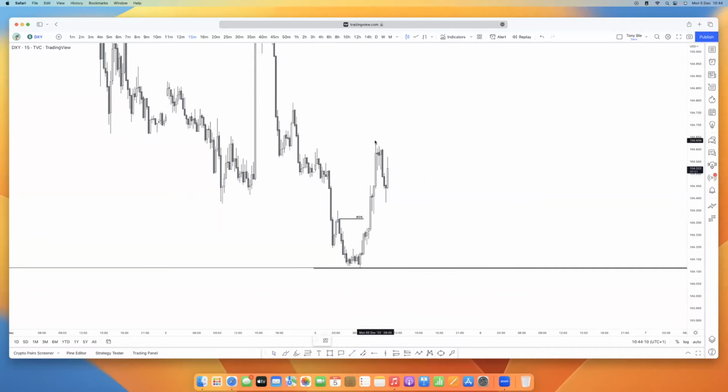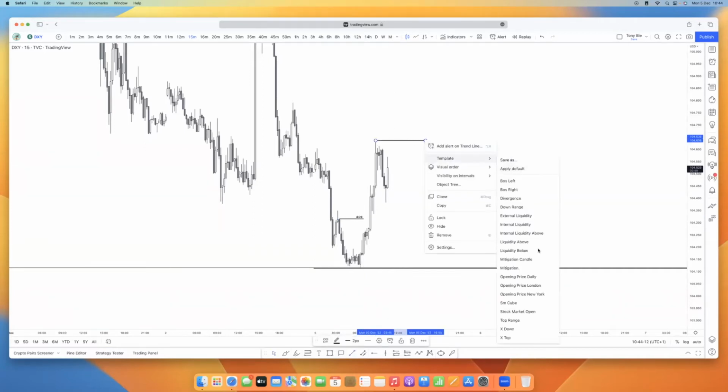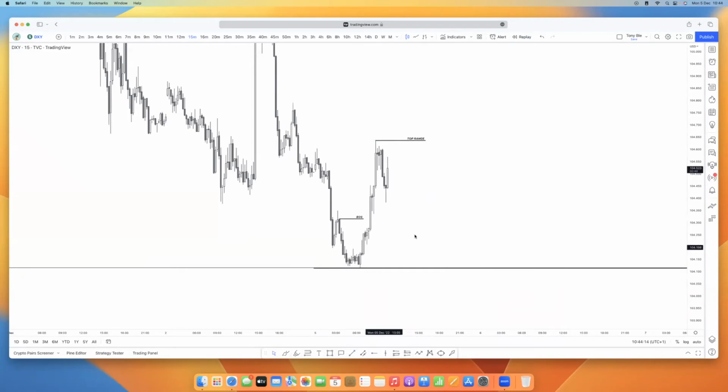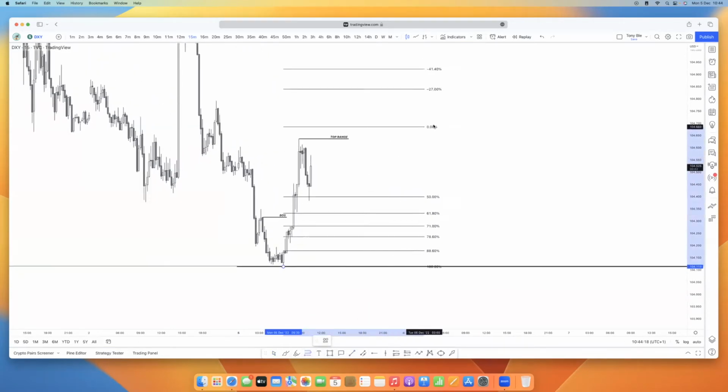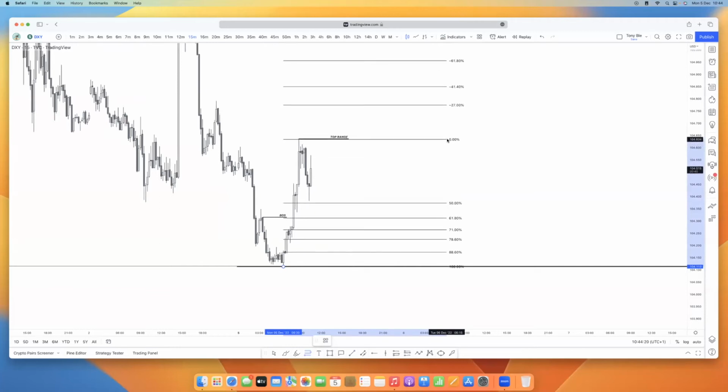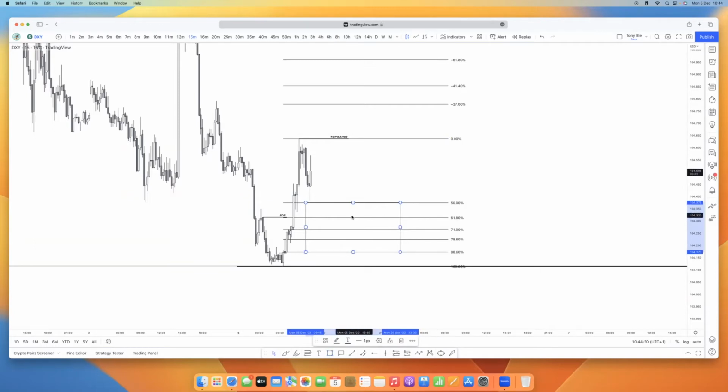Okay, so I see this. And then we have this as the top range now, and then we have this as the down range. So we're going to do the same thing again. We measure from here all the way up, and then we're looking at discounts now. 50% below is where we want to be looking at for buy opportunities. So anything from here to this area, I want to look out for buy opportunities. So what do we see?